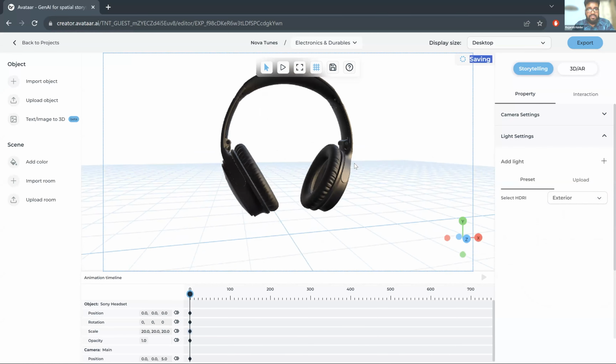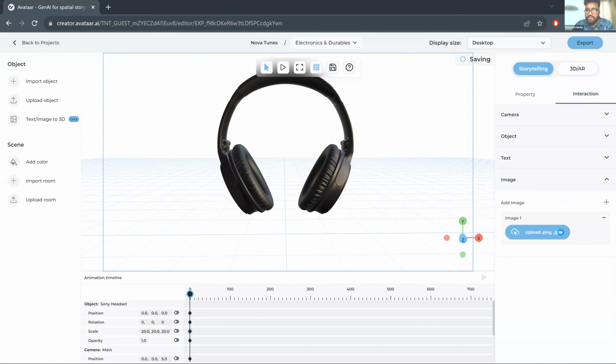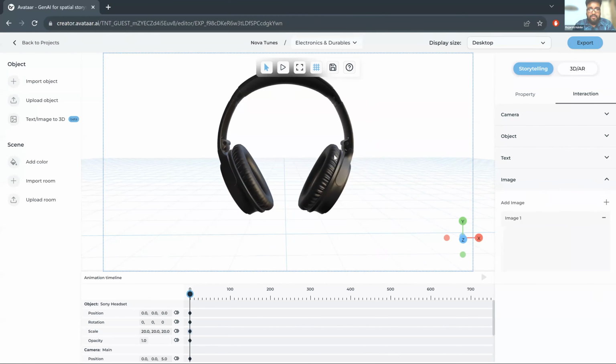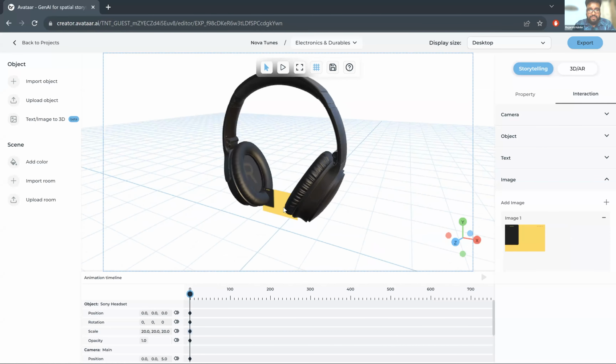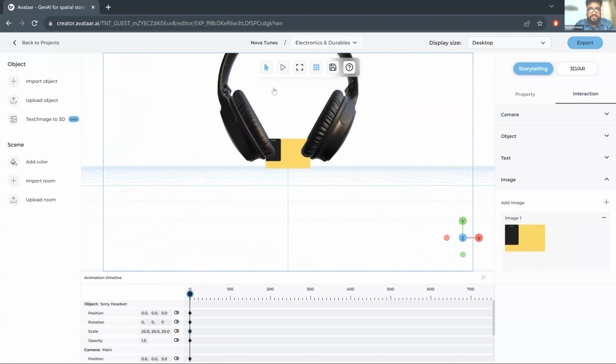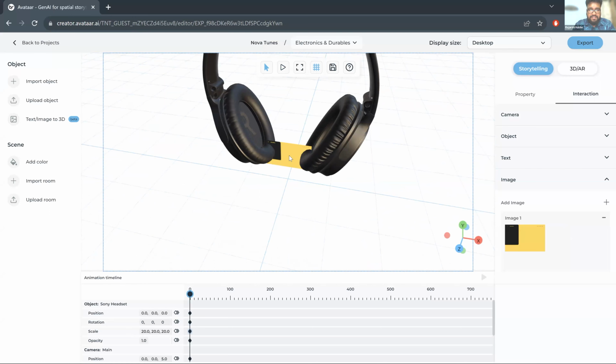The first thing that I'll do is create the background for the scene. So what I'll do is add an image. I have created images for the background of the website. You can create an image like this, and this is the background. So you can just select the image. So this is the image. I can just move it back